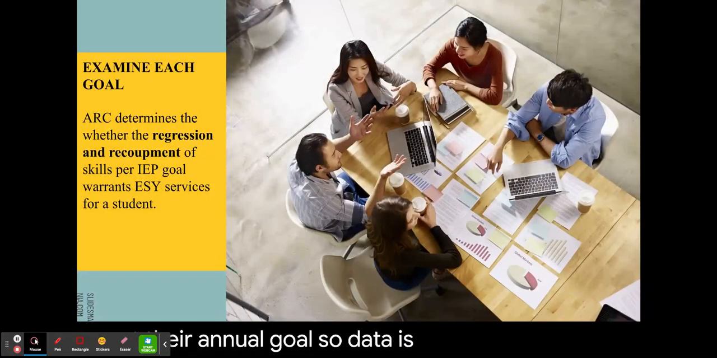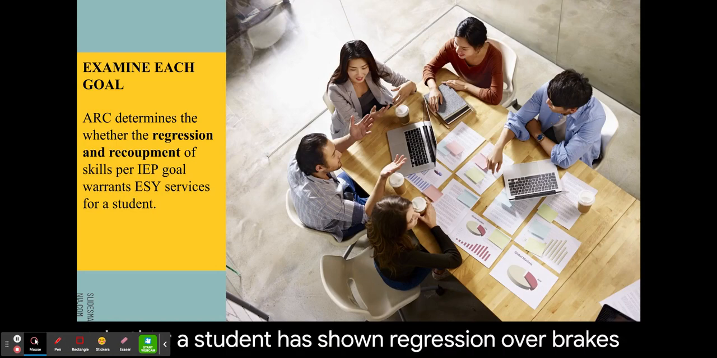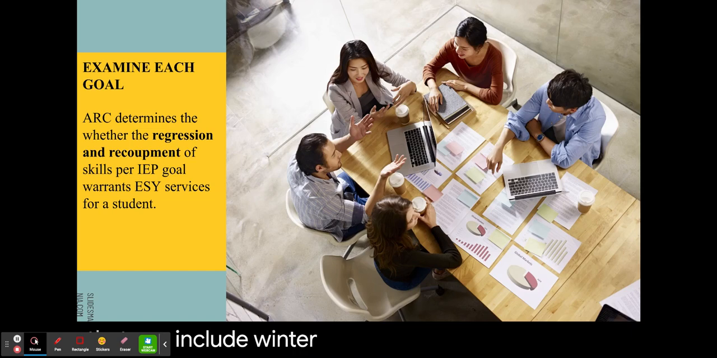So data is gathered through the school year and should be analyzed to determine whether a student has shown regression over breaks. That can include winter, spring, summer, fall, and then also the length of time it takes for them to recoup those skills. If the ARC determines that yes, the student qualifies for ESY, then they need to determine